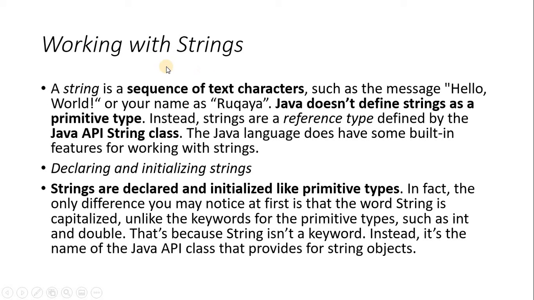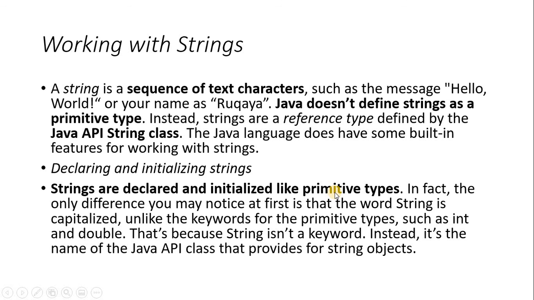Now coming to the string, it's actually a class which can hold a sequence of text characters. For example, we can say hello world. We can store hello world, or you can store your name, or any string data. String data means a sequence of characters, but it is not referred to as a primitive data type. Primitive data types are whatever is already shown. String is not a primitive data type, it is actually from the Java API. It is actually the String class. It is a class, but we can use it for declaration of any variable or initializing any value, and it works like a primitive data type.